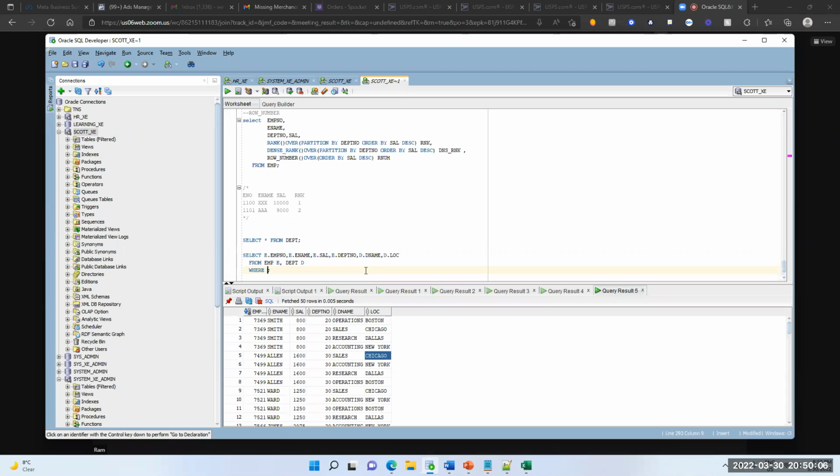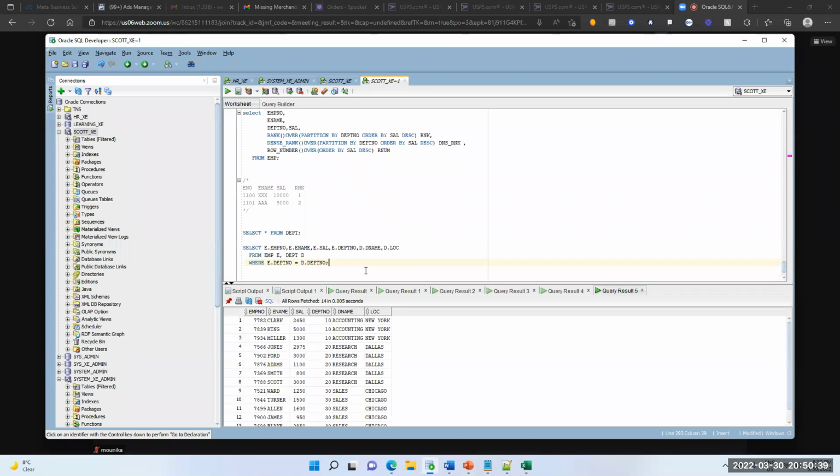Understand this point? So first we have to write the child table or the parent table? Child first and parent next. We have to write that way always. Follow this rule. Even if you write it the other way, sometimes it may be a problem. So E dot department number equal to D dot department number. That's all.